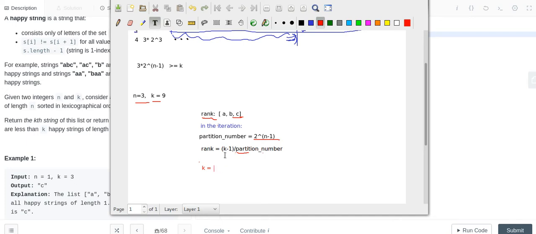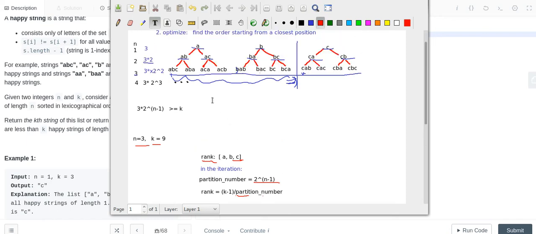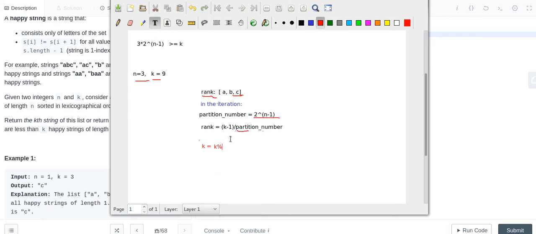So k could be updated by the modulo, that is the rest of the k-th string x minus the previous 6 strings. So it is divided by the partition number here,